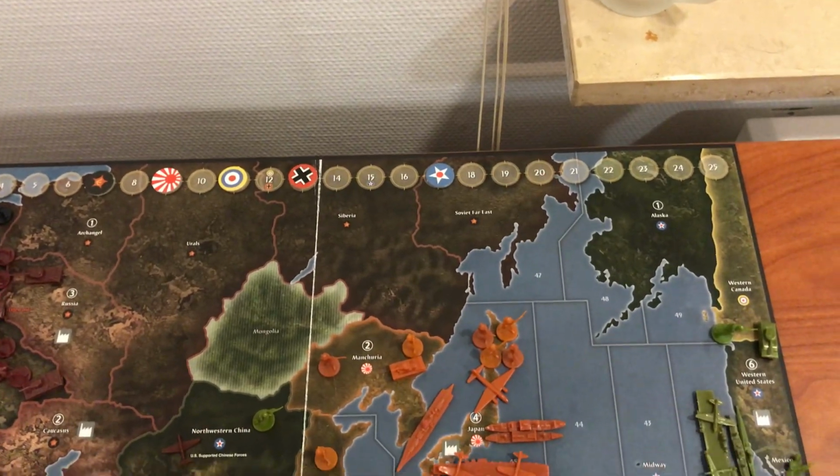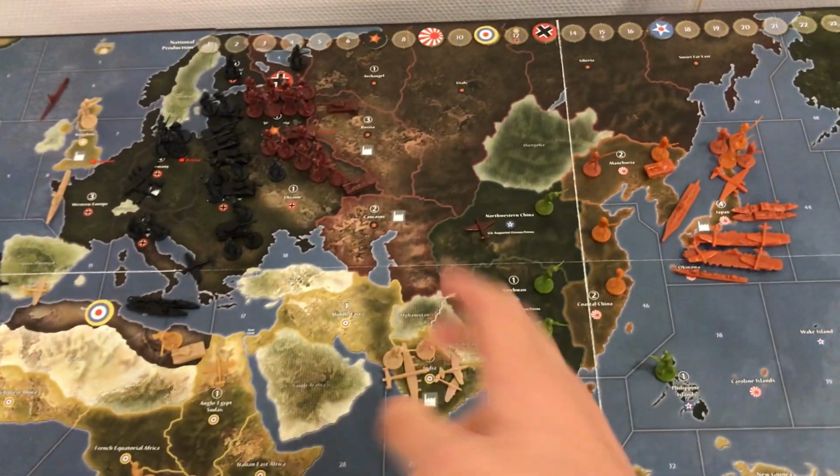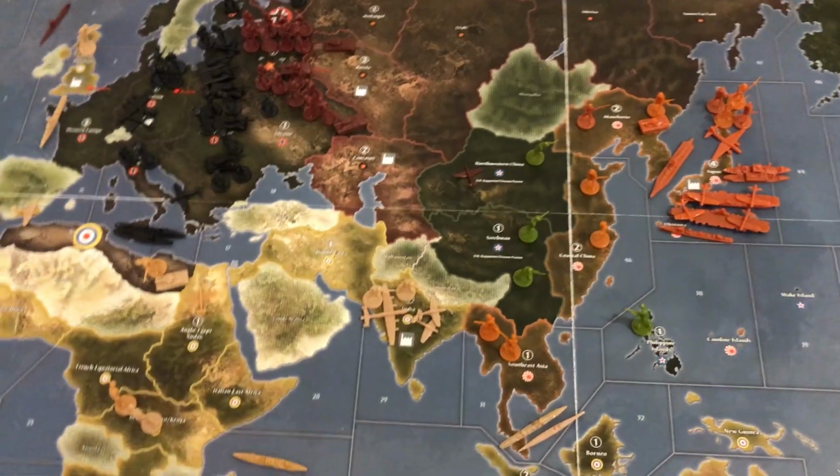So second objective, keep those guys alive. Send units that could keep them alive. And your third objective in this game is to take out one of the Axis